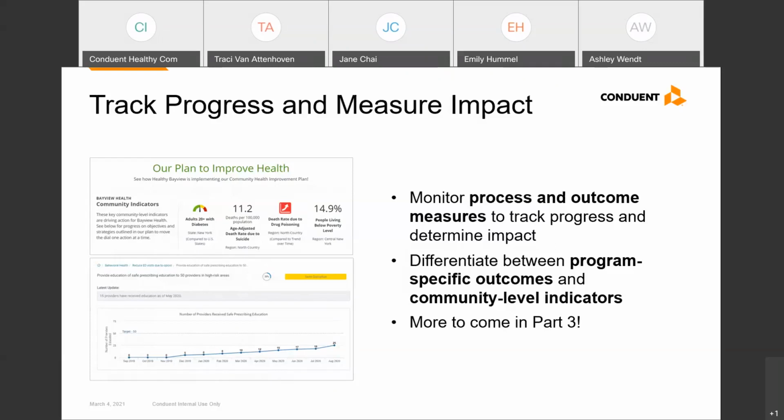While tracking can help us meet these requirements, it can also help us better understand what's working in a community with a community program and where adjustments need to be made. And sometimes we're focusing on spending so much time completing the comprehensive assessment process and creating the plan that we forget how important it is to actually track and measure so that we can show a return on investment for all that time we spent. We're going to spend more time on this final phase in webinar number 3.